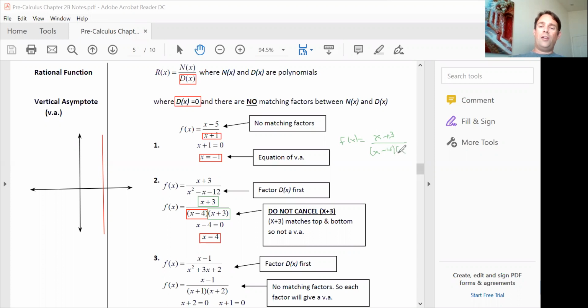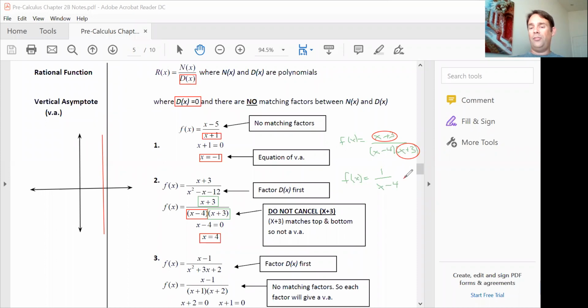we can see that that x plus 3 factor is in both the numerator and the denominator. Now, when we were simplifying rational expressions, we said, let's just go ahead and cancel that factor out. But with functions, while we'll still cancel it out, we have to make a very important distinction here. Remember, just like when we were dealing with composition of functions, when we put two functions together, whatever was in the original domain still has to be true. So even though this x plus 3 is in the top and bottom getting canceled out,